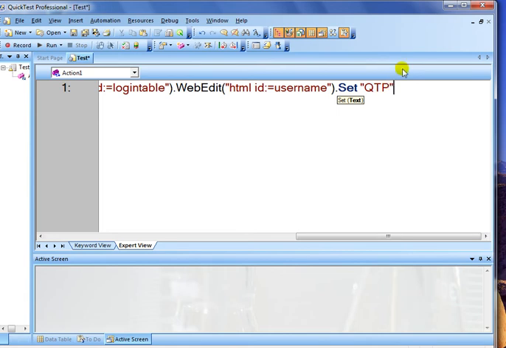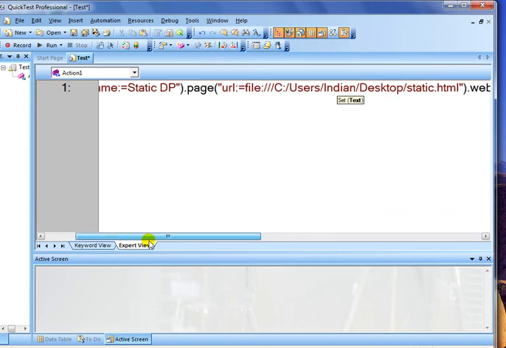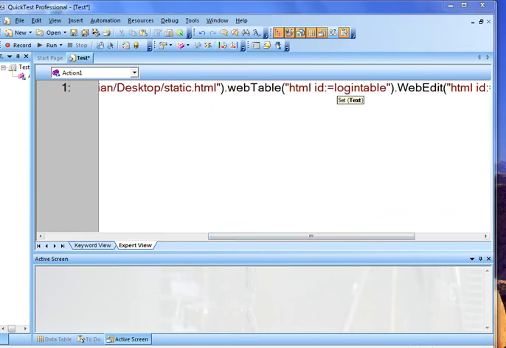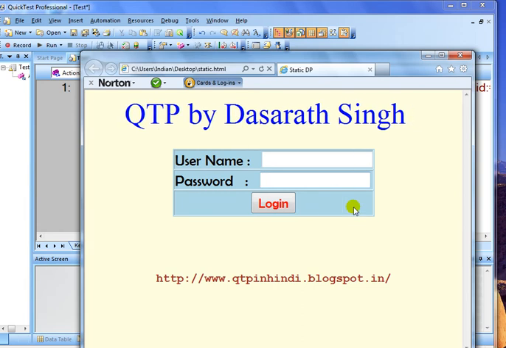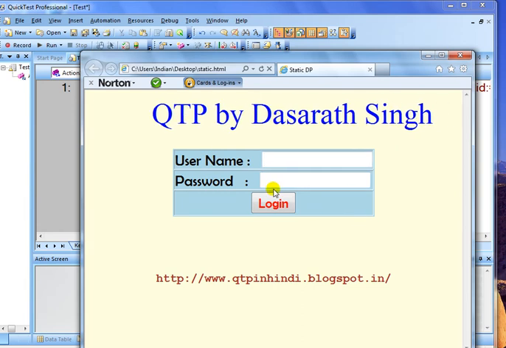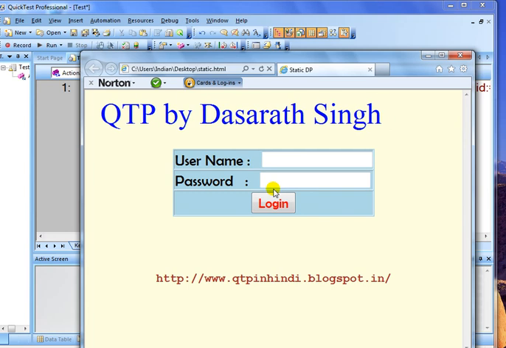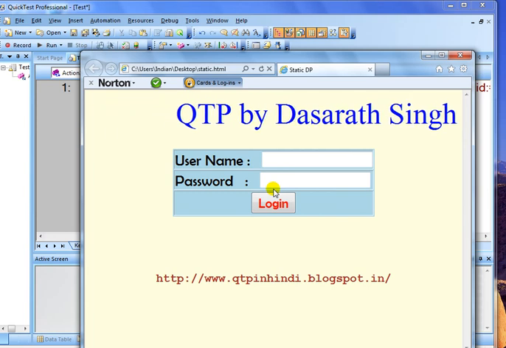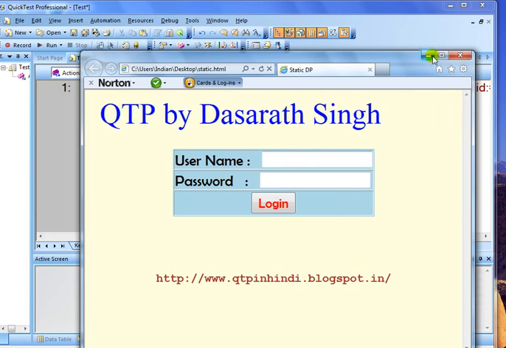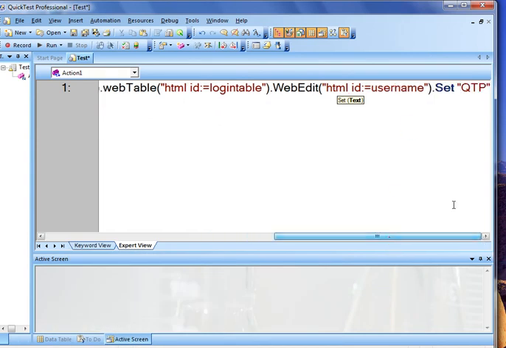When you run this script, the tool will identify the object based on property and value. In this web page, there are two edit boxes. When you run the script, the tool will check which edit box has the property HTML ID and the value username.